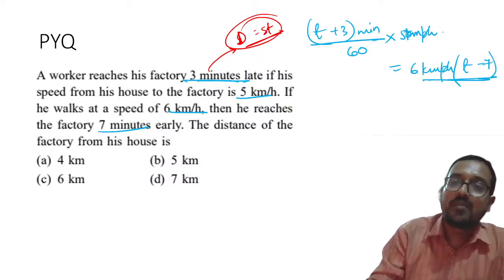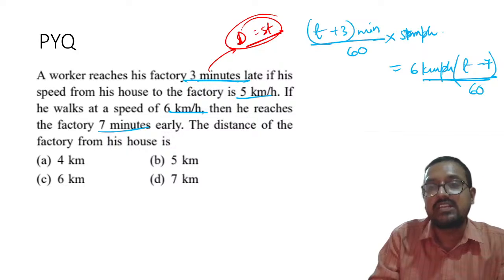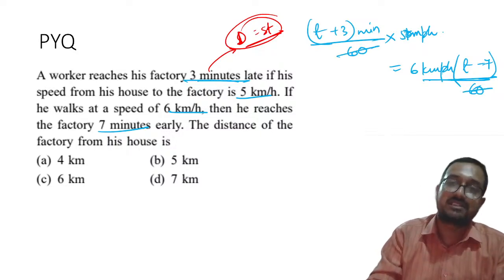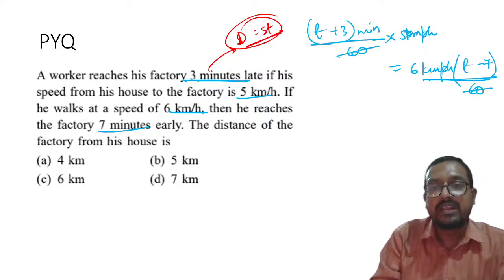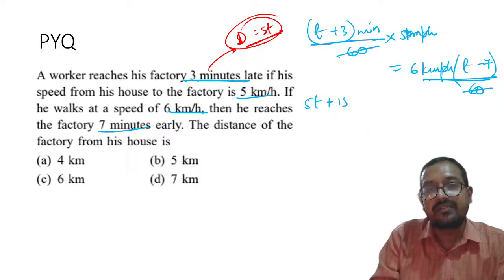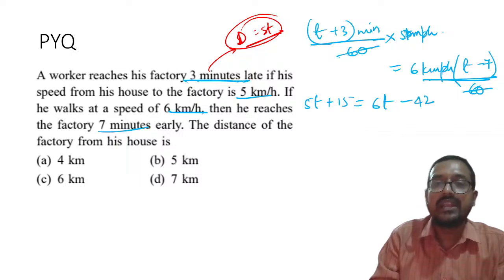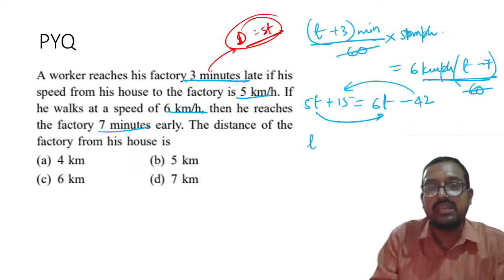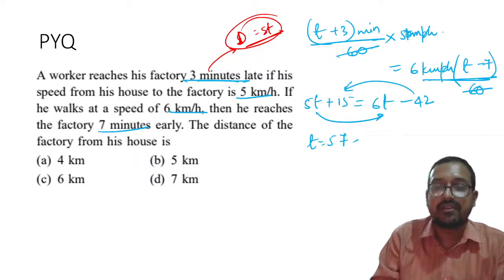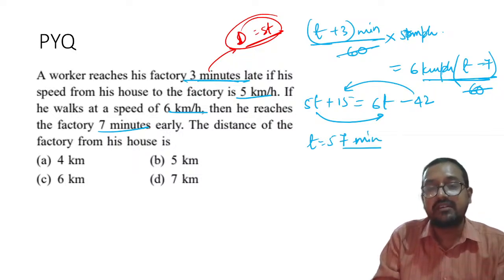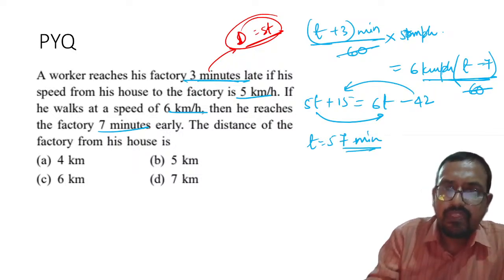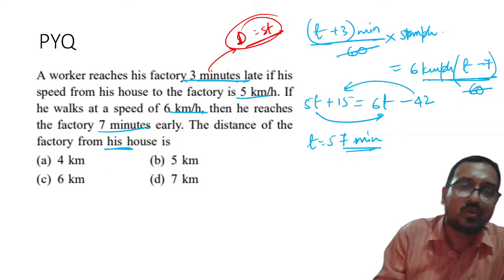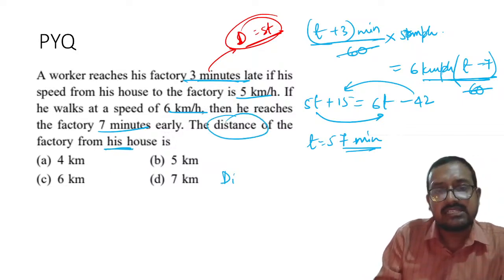Understood? Now, my dear students, let us try to solve. You also know that t by 60, this will become 60, 60 cancel out. Open it up. 5t plus 15 is equal to 6t minus 6 sevens are 42, right? I will shift this to this side and this to this side. That will become t is equal to 57 minutes. Please remember minutes, right? Now is it asking minutes? No, it is asking distance. Distance is equal to